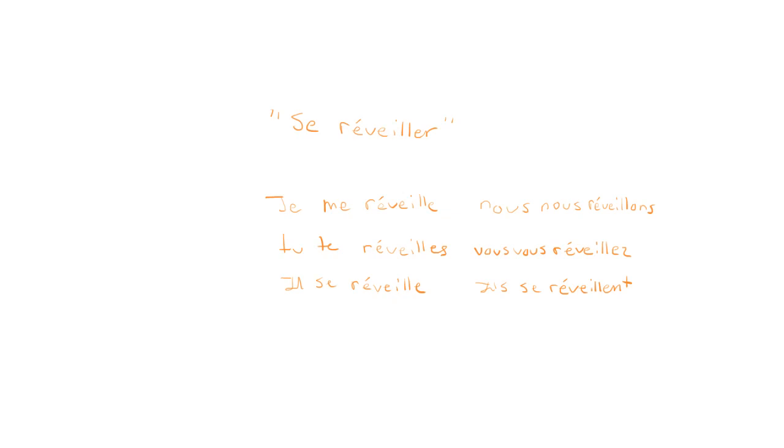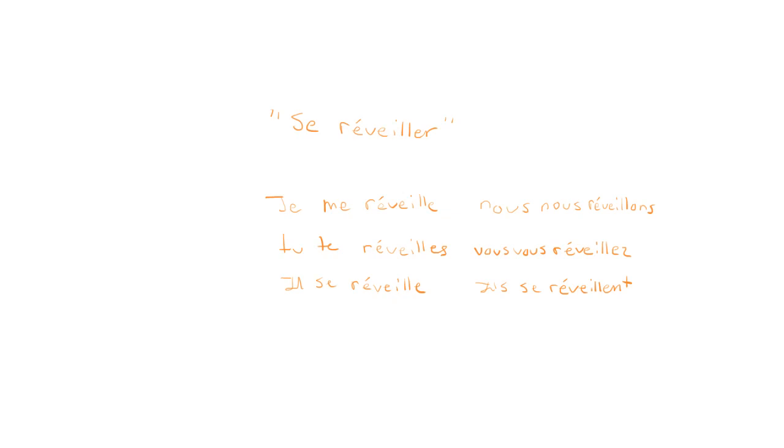So if we move on to another verb, se réveiller, which means to wake oneself up, which some may argue just means to wake up. How do you conjugate this? Very similarly, je me réveille, tu te réveilles, il se réveille, nous nous réveillons, vous vous réveillez, il se réveille. So you're just conjugating réveiller, and you're just keeping the je me, tu te, il se, nous nous,